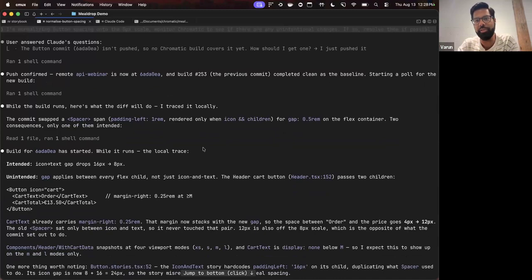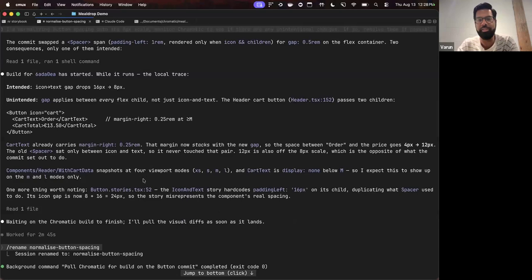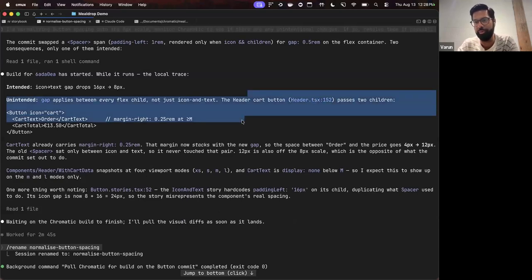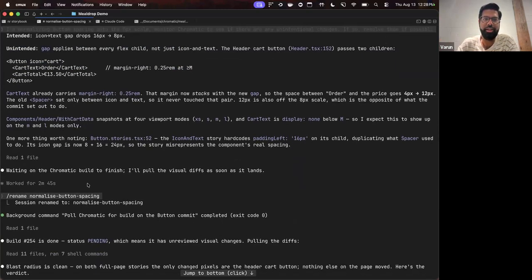What it found was that the changes led to diffs in the button component, which were expected, but also to some weird behavior in the header component, where we wrap some of the content in a div, and that led to awkward spacing. So it went ahead and made a fix in the header component